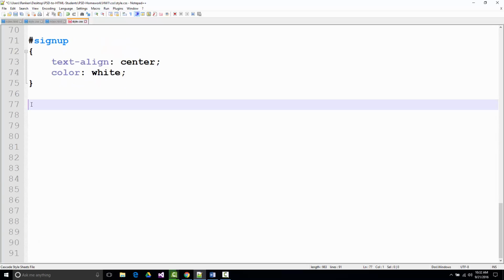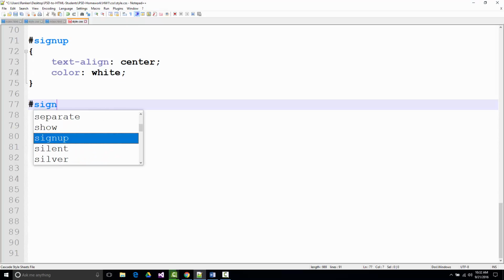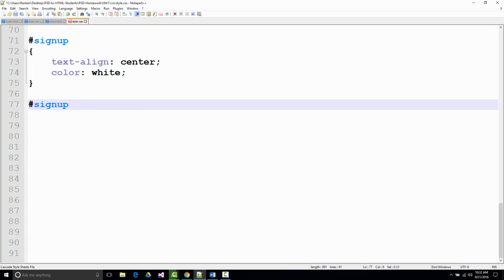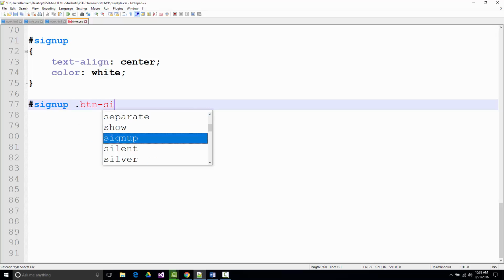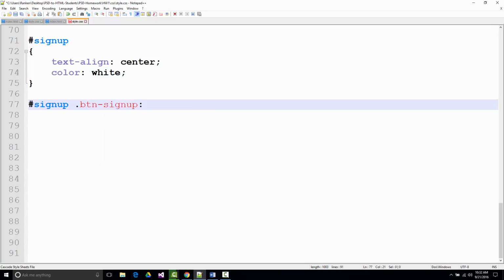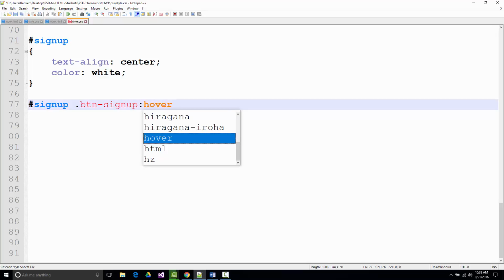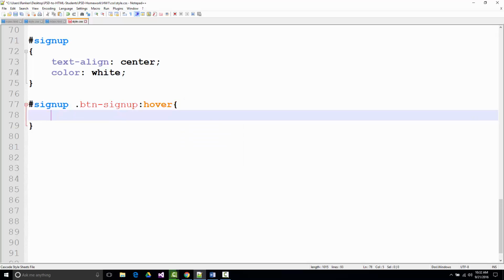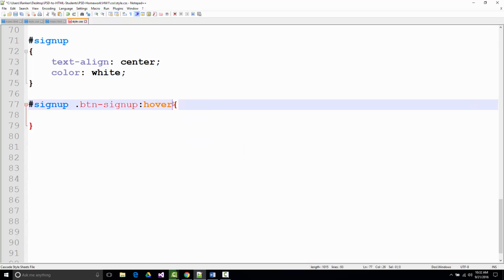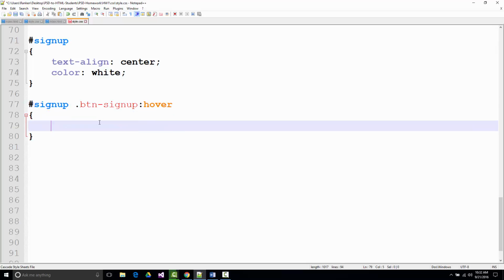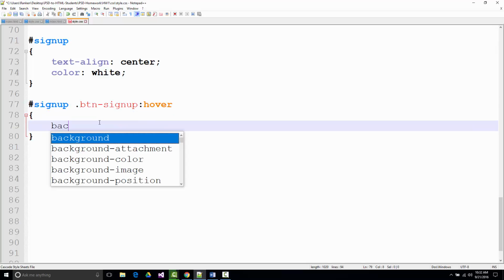So next, we want to work with our class that's the button sign up. We want to make sure that when we hover over that, we want to change its color. Remember, hover means when we place the mouse on it. So we want to say